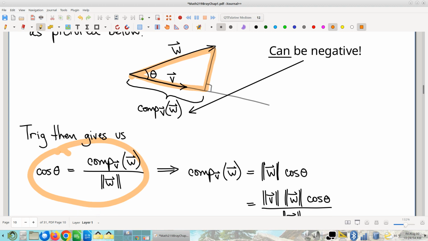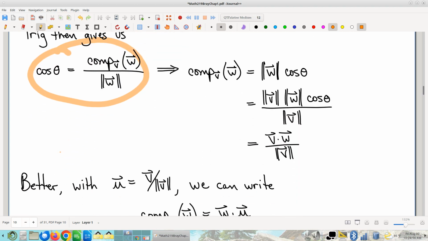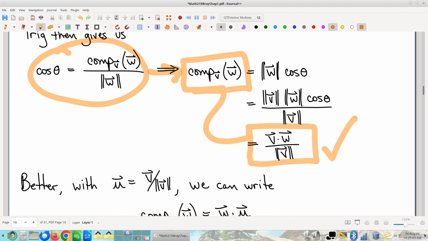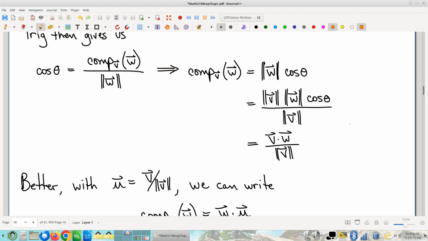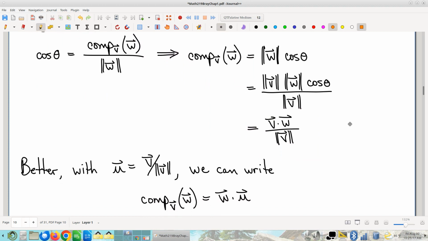And do a little algebra with it, and out comes this nice result that we have a very convenient formula for how to compute components. It's this formula right here. Details in the algebra, y'all can check that, of course. Okay. All right, so now this is a fine formula, I suppose, but here's a version that I like better,